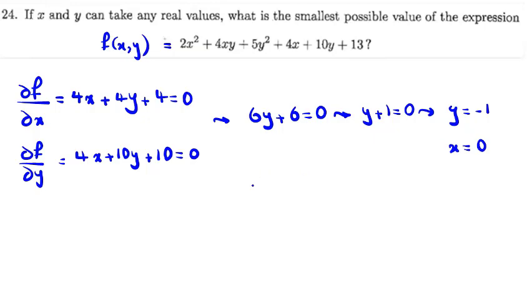And if we replace this in the f, it will be what? 2 times 0, 0. 0 to this one, 0. Y negative 1, it will be 5. Y negative 1, it will be negative 10. 13 minus 10, 3. 3 plus 5, 8. Okay, we've solved this problem with the idea I told you before the exam, exactly the